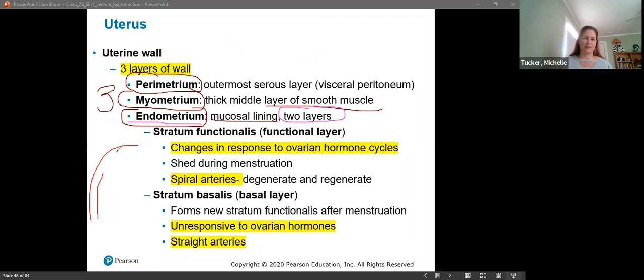Actually, we'll make this one the myometrium because it's red. And then there is the perimetrium just right on the outside. And then next to the myometrium, this is going to be the basal layer. Okay. So the basal layer